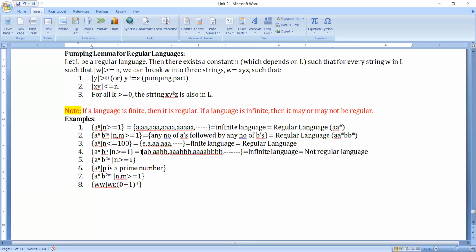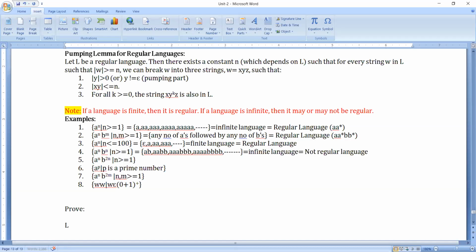Or we can do one thing over here. This can be proved using the pumping lemma also. Let us take one small example. Now I am going to prove it using the pumping lemma. What is my language?